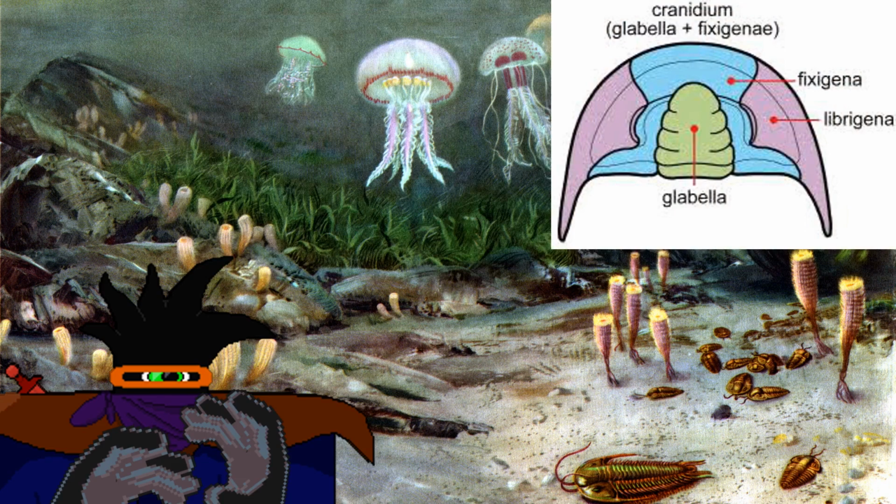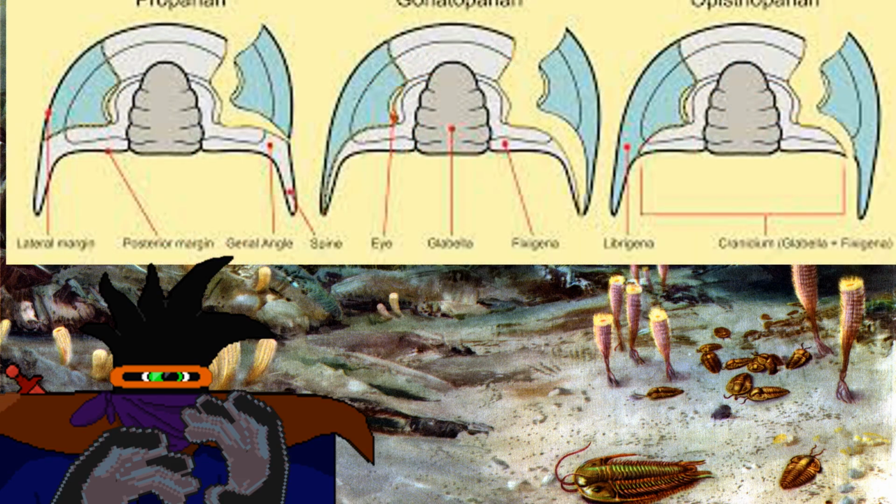The location of these facial sutures are very useful for taxonomy, consisting of three main types. Proparian sees the suture angle forwards of the genal spine. Gonatoparian sees the suture going down into the genal spine, and the Opisthoparian sees the suture ending behind the genal